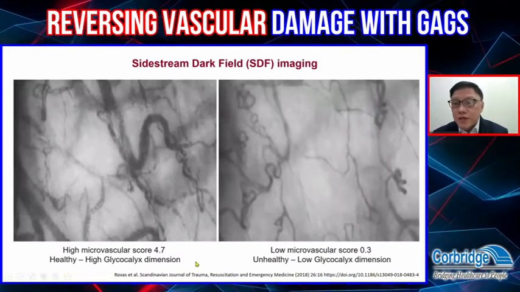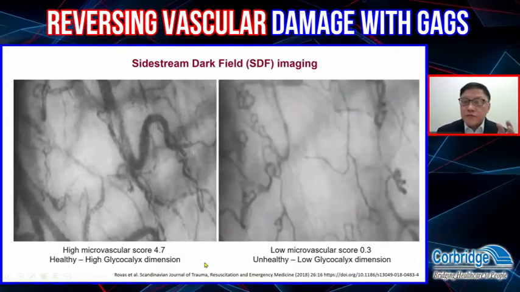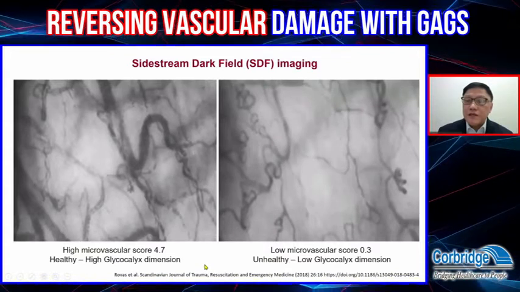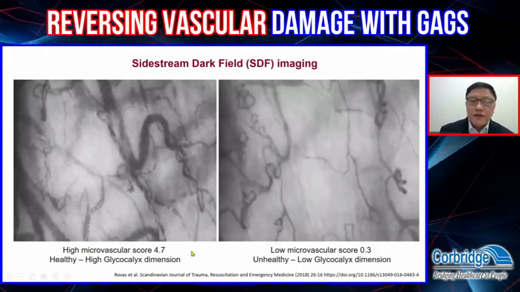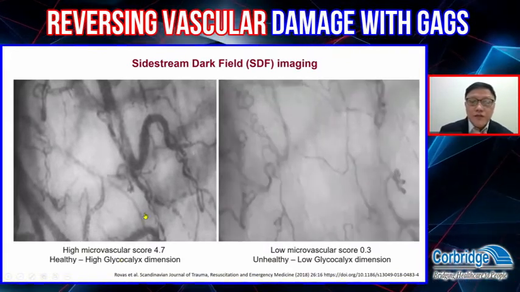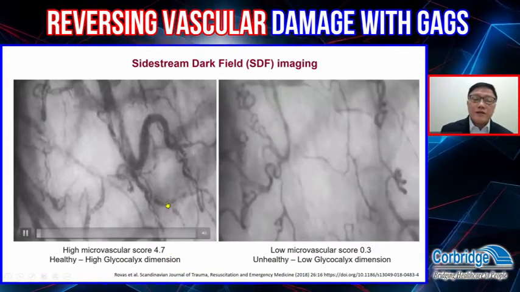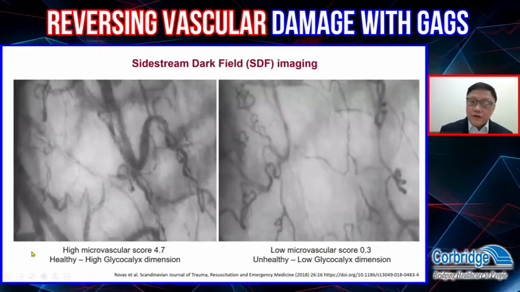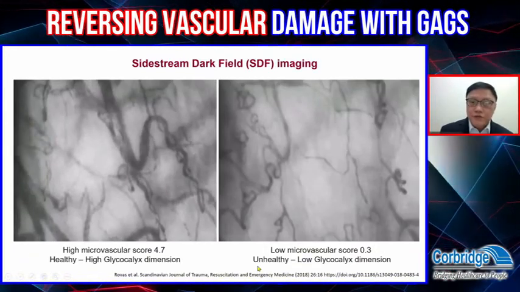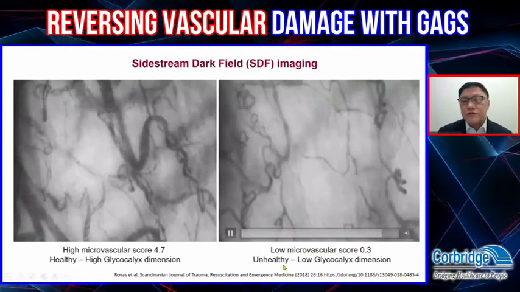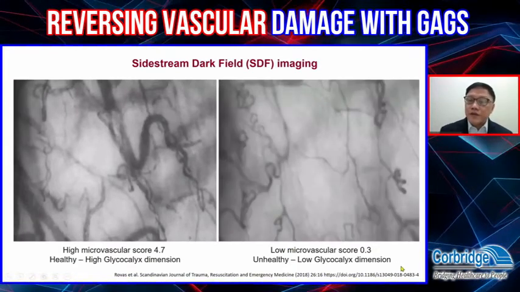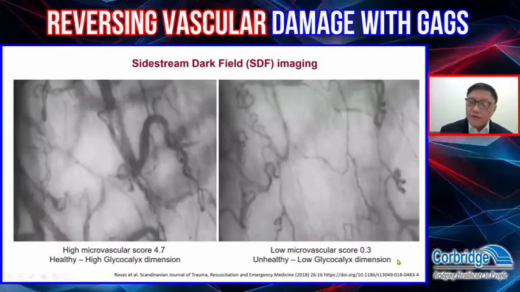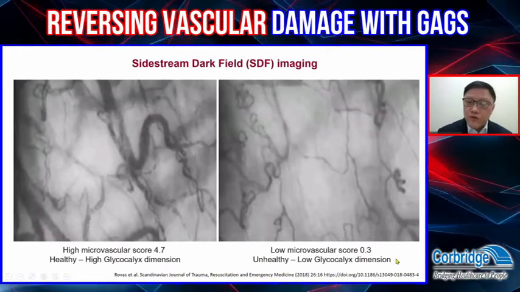What you are seeing are not the red blood cell, but rather the thickness of the glycocalyx. And a high microvascular score like this is a healthy endothelium or a healthy glycocalyx, and a low microvascular score like this, 0.3, is poor or low or unhealthy